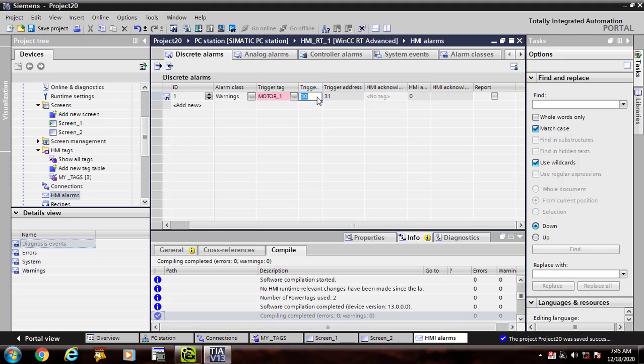It's, I think, not an analog alarm. It is a discrete alarm. I need to select analog alarm because it will display me data.